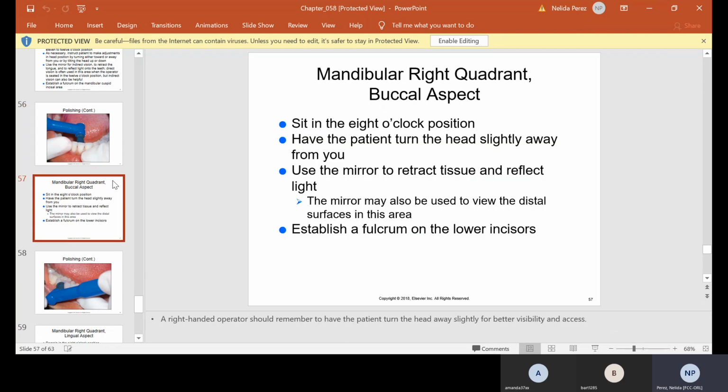Now the mandibular right, you're going to still sit in the 8 o'clock position. Okay, have the patient turn the head slightly away from you. Use the mirror to retract tissue and reflect light. So again, what's the mirror used for? By now you should know. Retract. Okay, you're going to retract the cheeks. You might even retract the tongue, or you're going to use it to